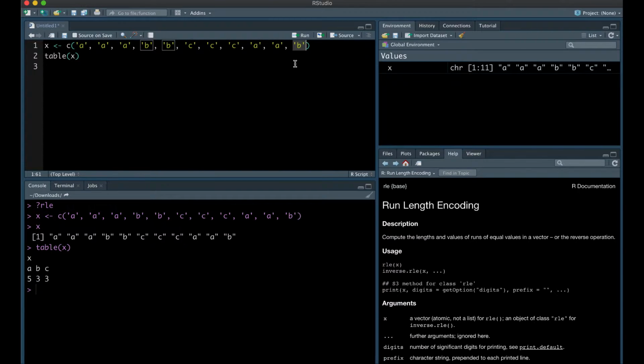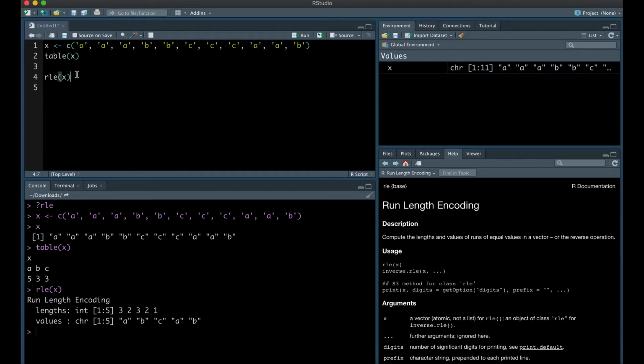So as soon as the sequence of consecutive values changes, we create a new group or start the sequence again, right? So this is one group, this is second, this is third, this is fourth, and this one is fifth. So these are different groups and we want to count each group individually. Now if we use the RLE function here,